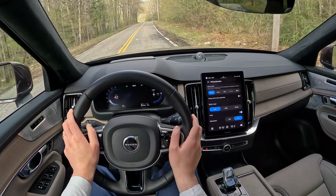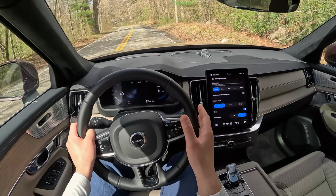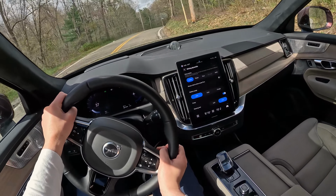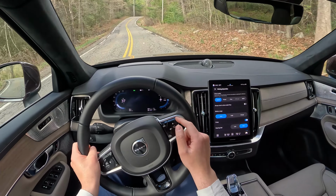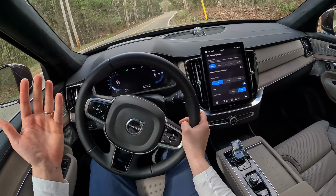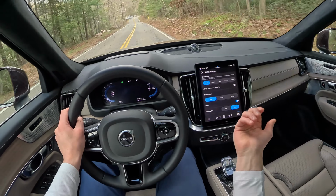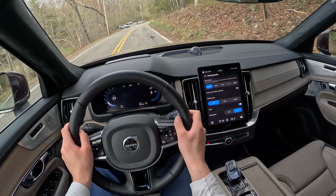Now, the biggest issue that I have with this XC90 is suspension tuning. It's softly tuned, it absorbs road imperfections, but when we hit sharp bumps like we just did, there's a lot of vibration coming inside the cabin, and I really was hoping that Volvo would address that. Now, the cars that don't get adaptive dampers, that get passive dampers, they have a new dual flow damper design, which should fix that problem. I haven't driven a car with those dampers yet, so I cannot tell, but in this top trim, which should be the most luxury-oriented, air springs, adaptive dampers, well, there is still pretty bad impact management